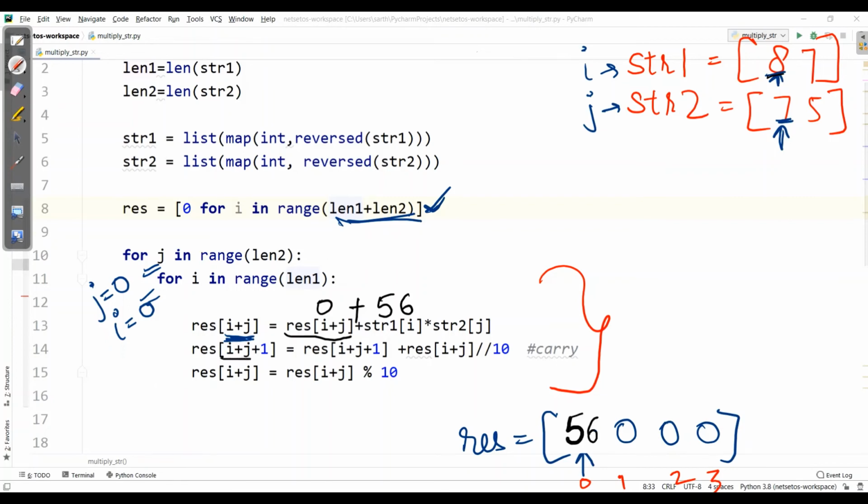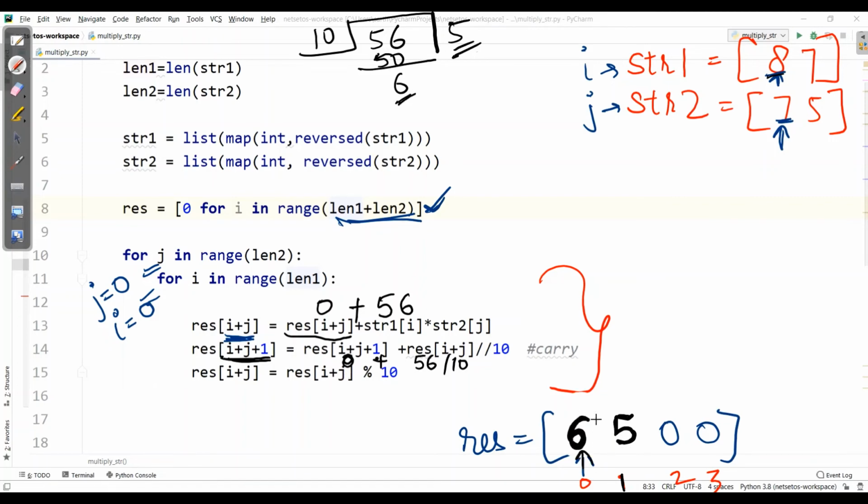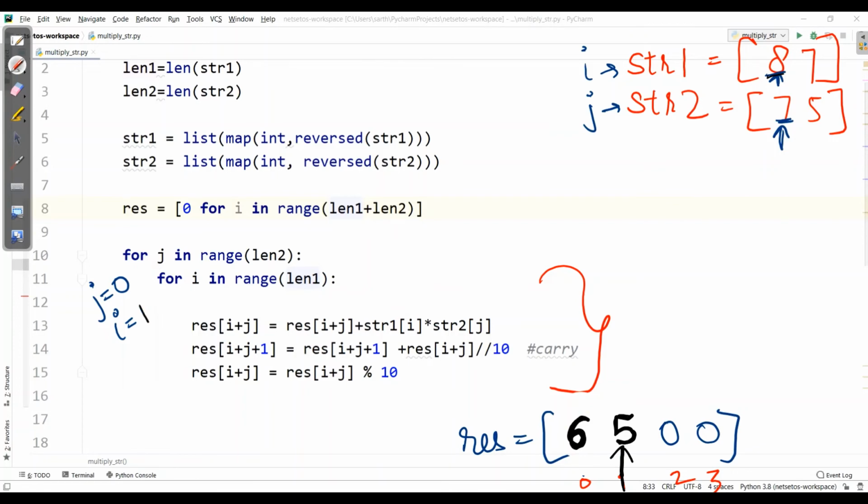Then we will see the carry value on the first index, where the original number is 0, and i plus j, which is 56, divided by 10. 56 divided by 10, we will have 5 as quotient. So that value will be replaced with 0 and we will have 5 over here. The remainder value goes in the 0th index. Now i is equal to 1.